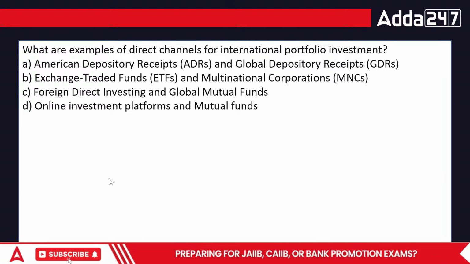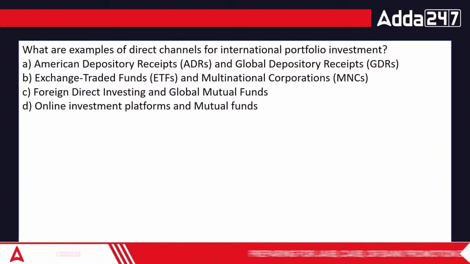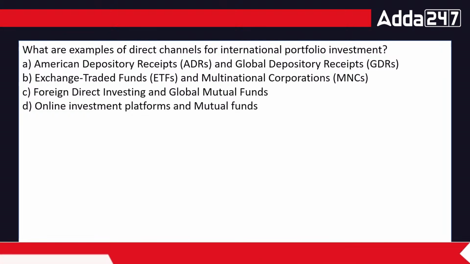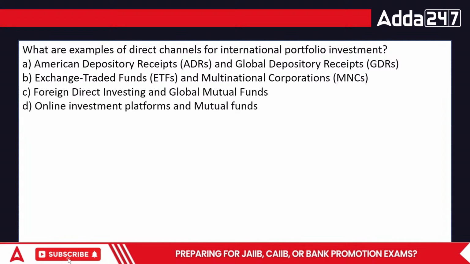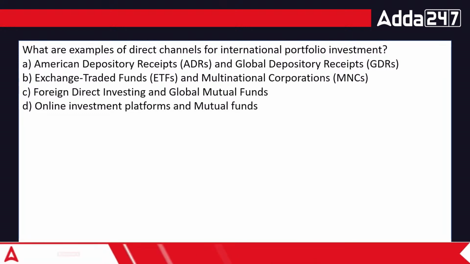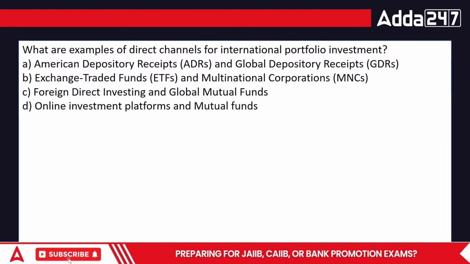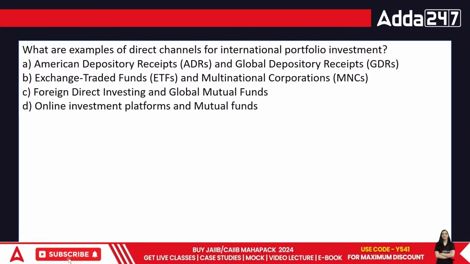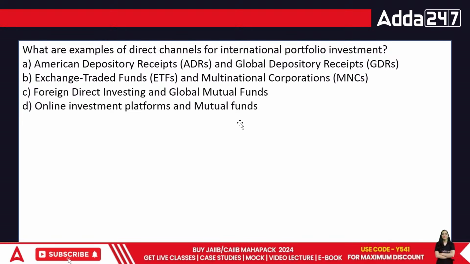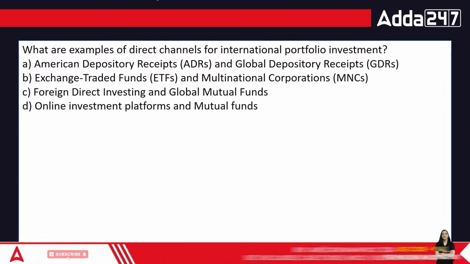Now comes the next point. American depository receipts and global depository receipts, both basically receipts which are made out of the shares only. Exchange traded funds and multinational corporations, foreign direct investing and global mutual funds, or online investment platforms and mutual funds. Whenever we're talking about direct channels of investment, what are the direct channels? The direct channels in terms of investing at the international level would be